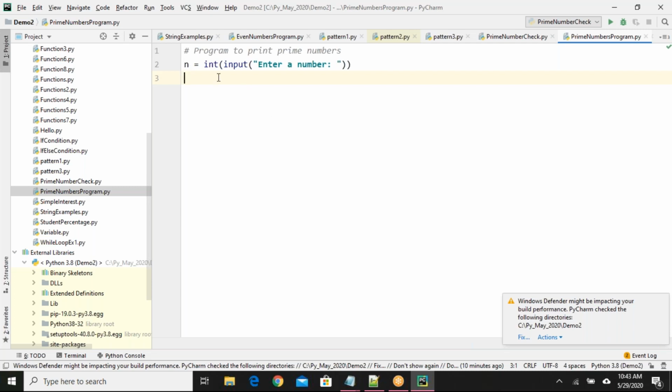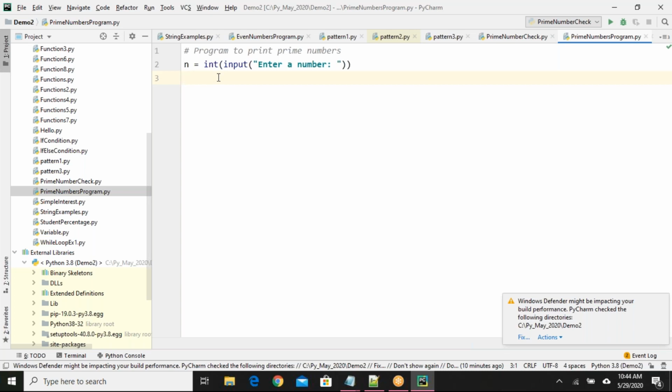Then what I have to do? I have to check all the numbers which are less than n. From number 1 to number n, I have to iterate and check whether the given number is a prime number or not.